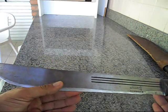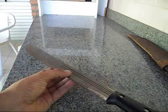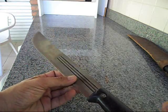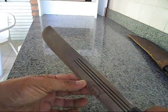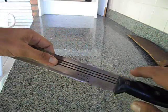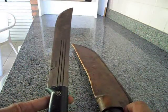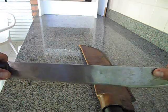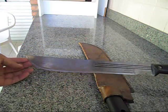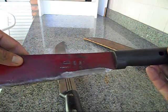And these machetes, I've been told, are made of superior steel than the Tramontinas. Okay, the steel in them is better than what is used by Tramontina. And actually, I could tell by the hardness of the steel when I was putting the modifications on it. It seems they are much harder than the Tramontinas, and I actually think they will perform better. They are carbon steel. Okay, this one here is a 16-inch, all right,